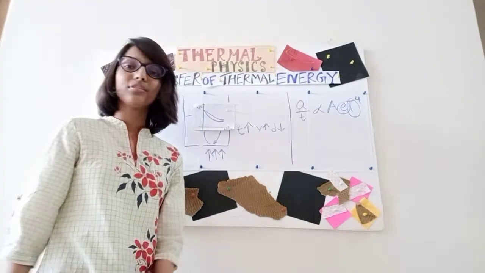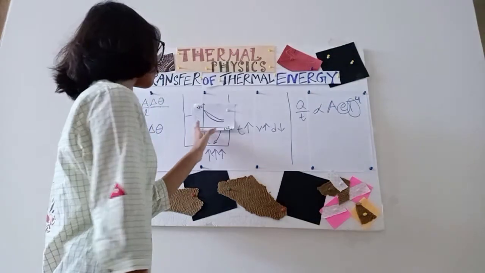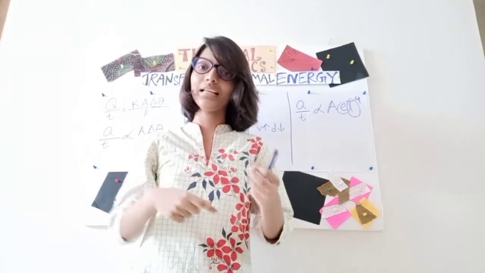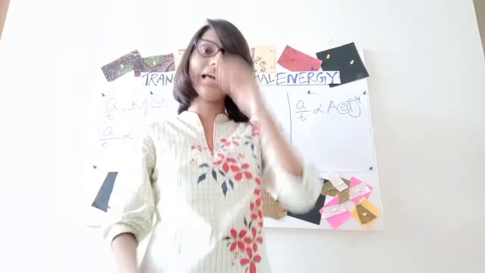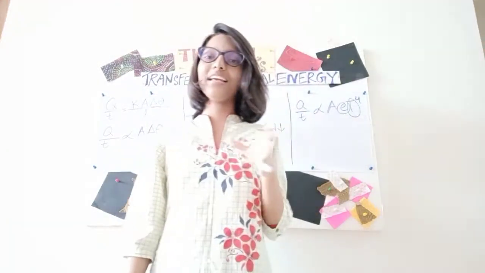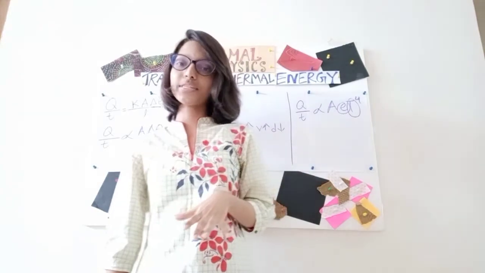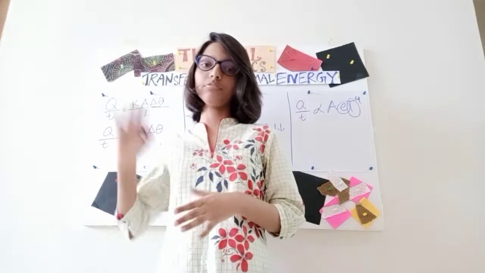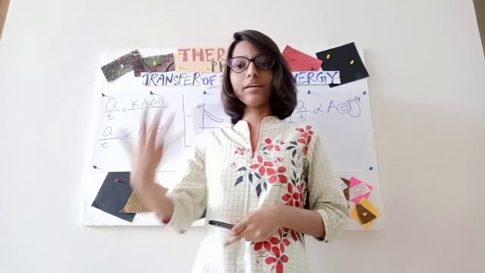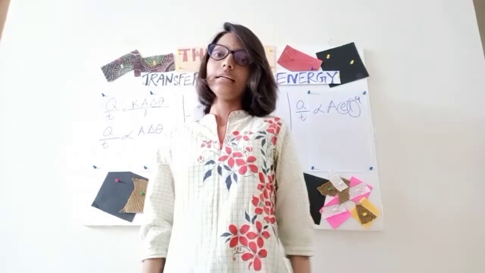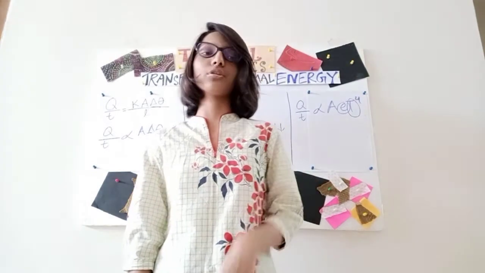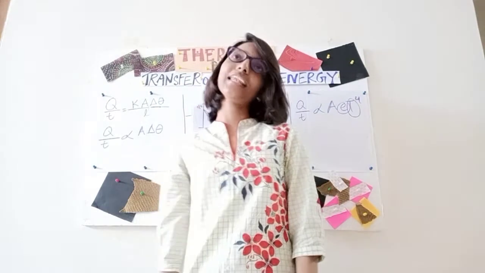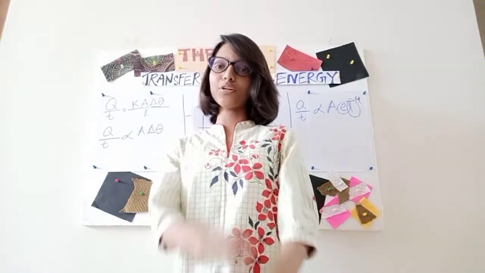So please don't try to memorize that. The top graph is the black, and in case of emission the bottom graph is the black. No, not like this way. I know graphs seem a little confusing, but I will honestly try to bring a video on graphs. Maybe not very soon, but I will try to bring it sometime in the future. I don't know when.